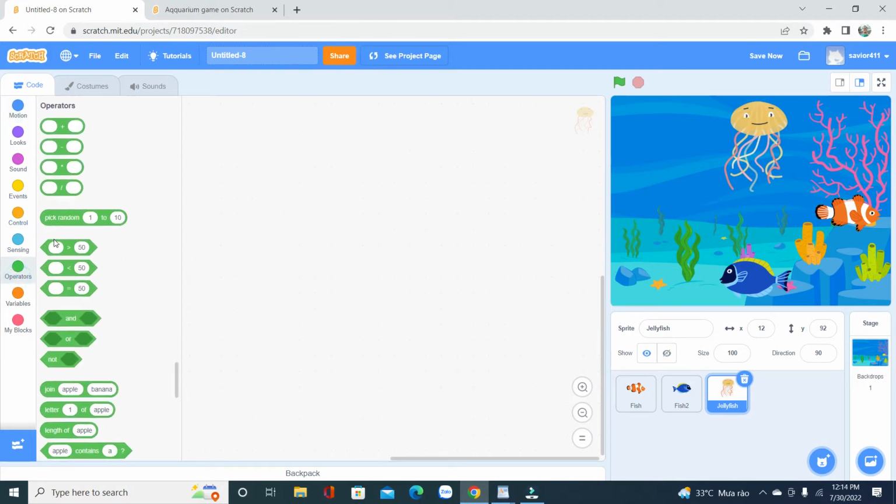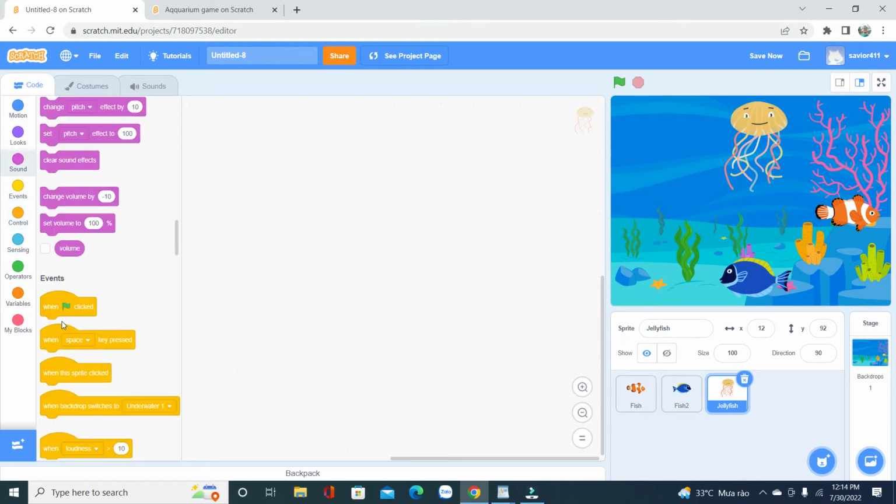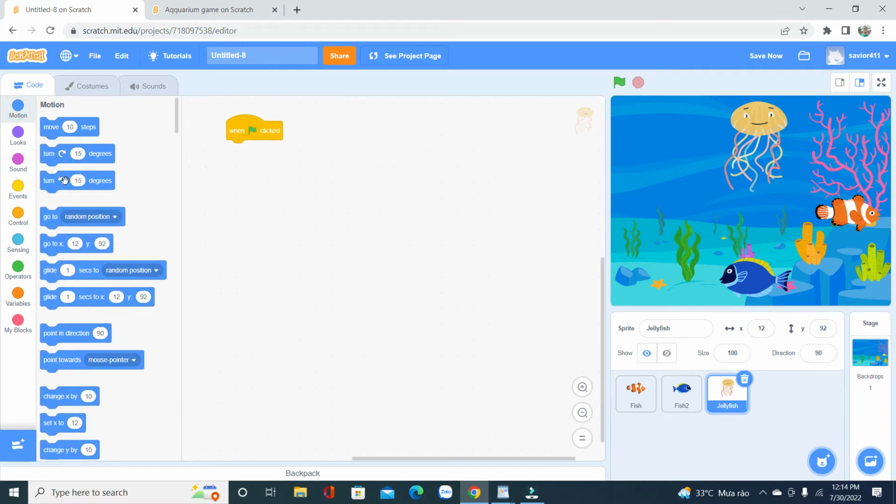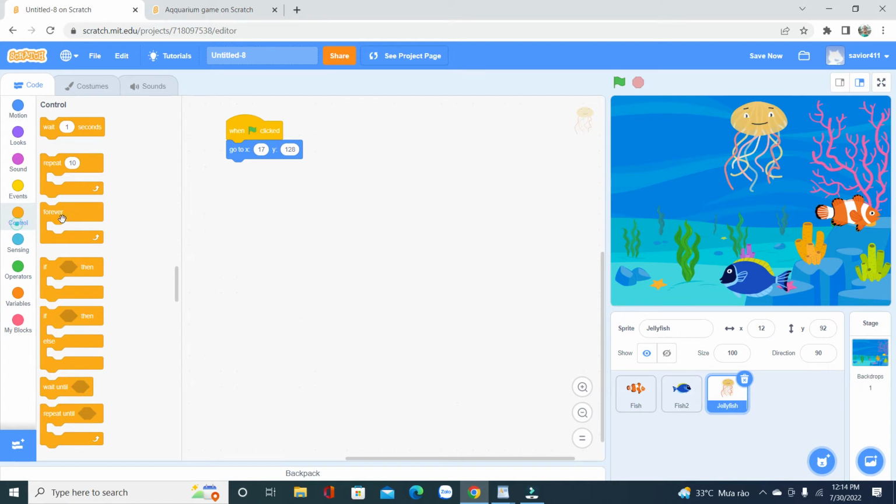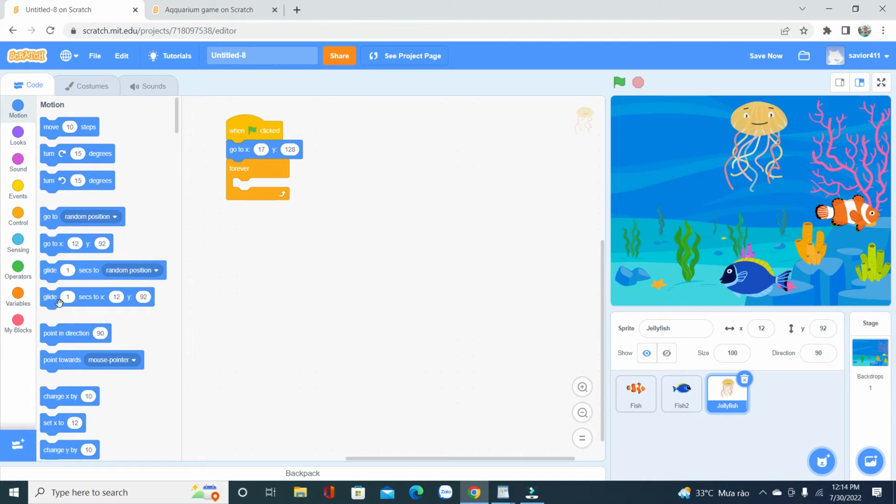So when the flag is clicked, we want the jellyfish to go to our position, which is going to be 17, 128. And we're going to let the jellyfish go up and down forever. So we're going to go to control and choose a forever loop, and then choose motion, like 1 second to